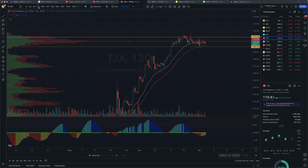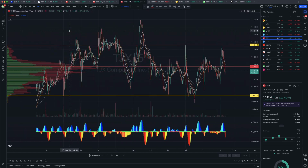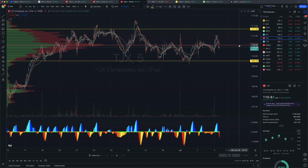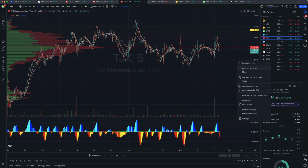And then we're going to drill down and look at this a little closer and see if our levels are correct. Yeah, look, we have a little breakdown and reclaim there. I think I would move my value area high to there, 111.34. Point of control looks good right there. I'm going to put an alert down here at like 110 because I don't like,